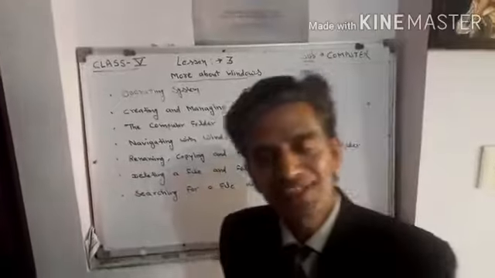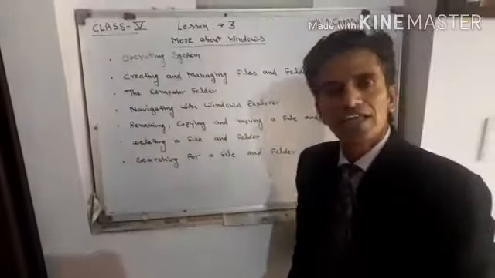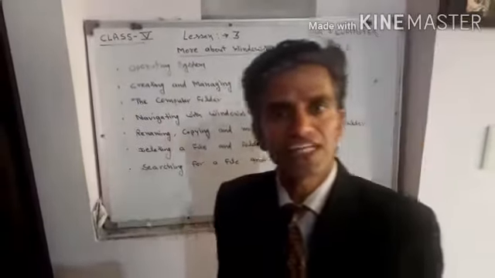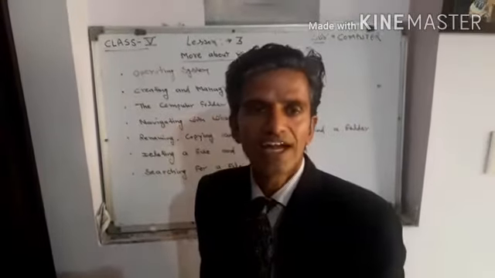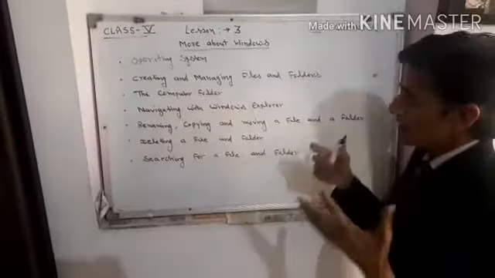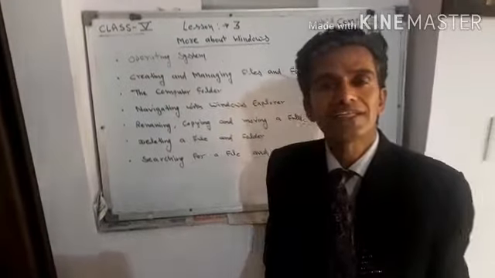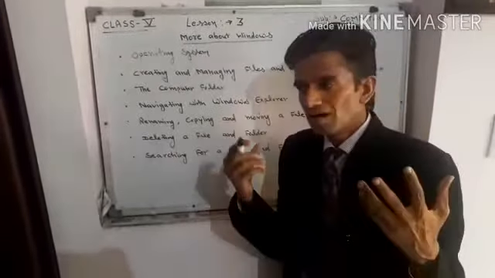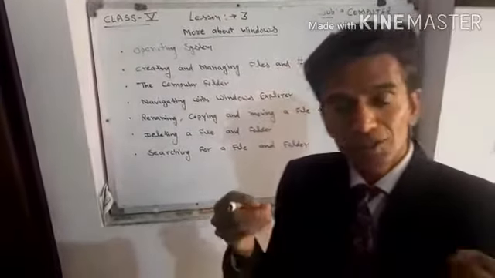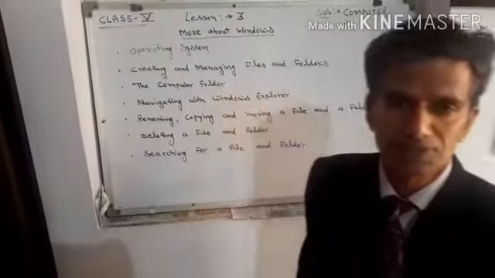Before starting this chapter, it is important to know about the operating system. The operating system is a program that acts as an interface between the user and computer hardware and controls the execution of programs. There are different functions of the operating system, such as processor management, input output management, memory management or security management. These are the functions or work of the operating system.